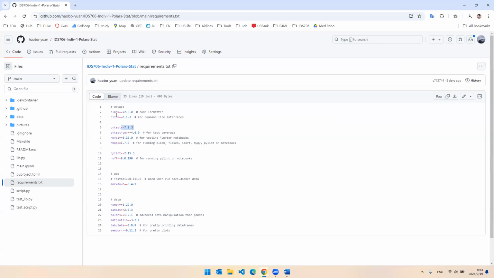For example, I list Black for code formatting, Pytest and nbval to test Python files and the Jupyter Notebook, and Pylint with Ruff to lint the code, and Pandas, Polars, and Matplotlib for data processing and visualization. And then in the Makefile,